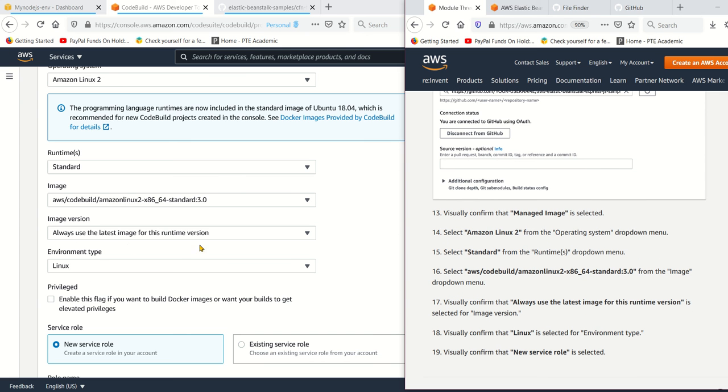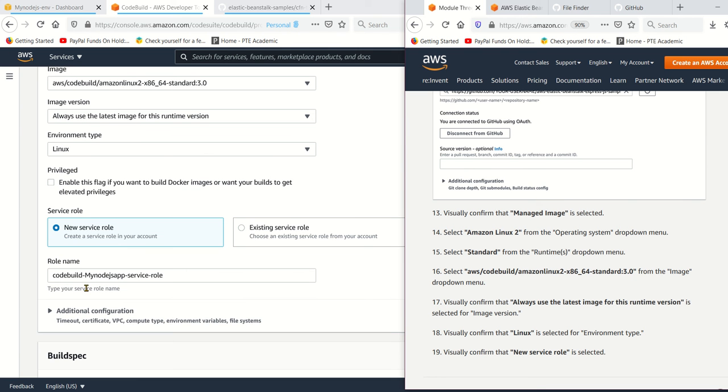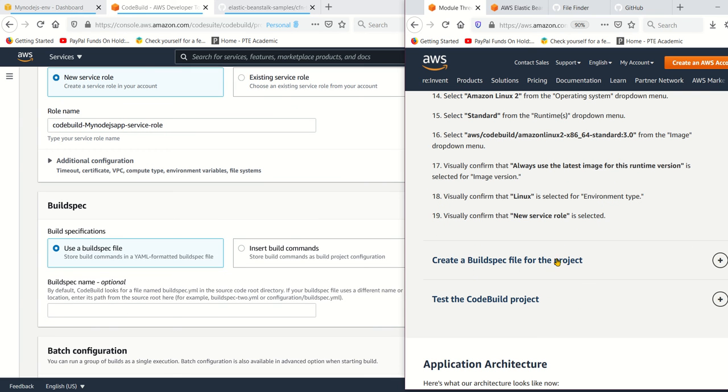Yep, always use the latest version. Visually confirm Linux environment type and select new service role. Okay, so create a service role, don't use the existing one. Okay, and then CodeBuild Node.js app service role. That's it. So now it says